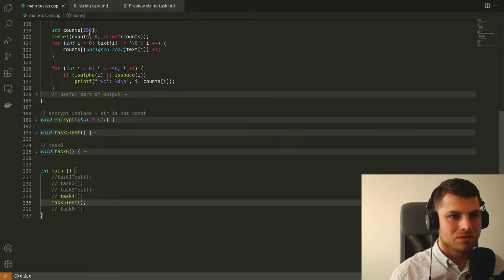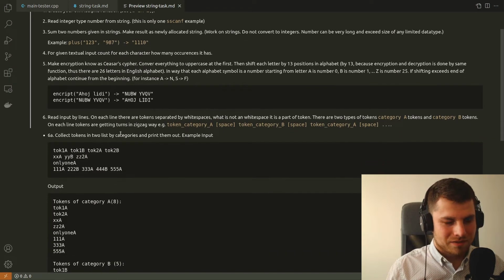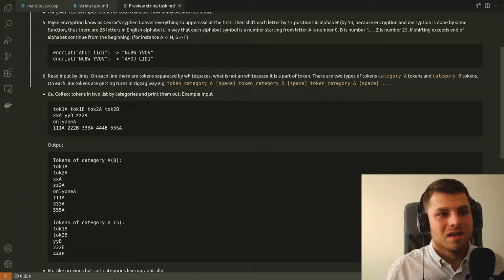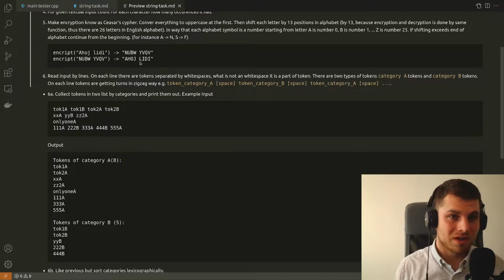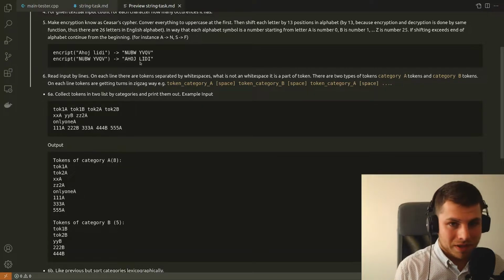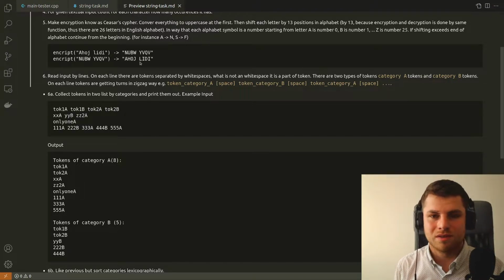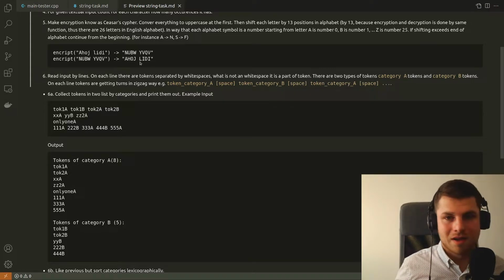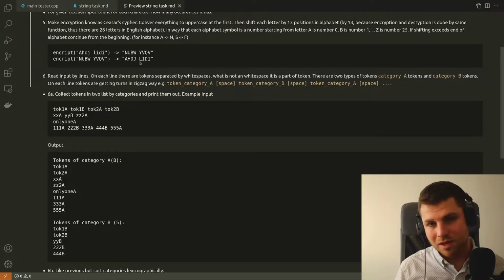Let's move to task 5. So task 5, and now we have the Caesar cipher. We should encrypt the string using Caesar's cipher. We should convert it to uppercase because that's what makes sense, and we should shift each letter in the alphabet table by 13 positions. By 13 because then it's a symmetrical cipher,